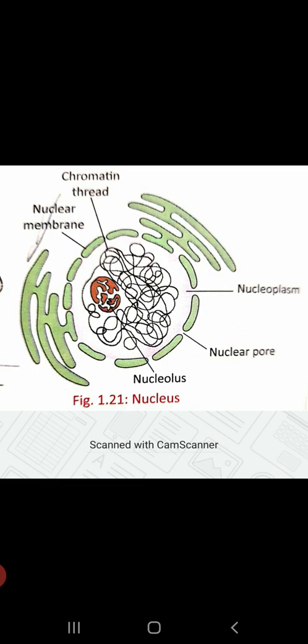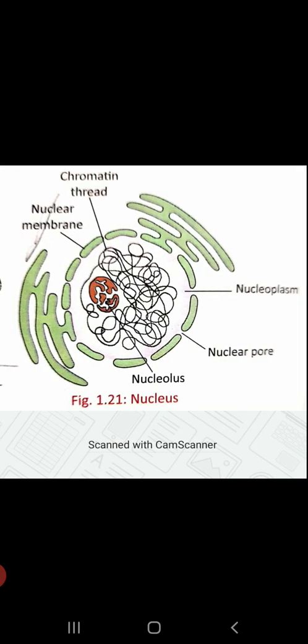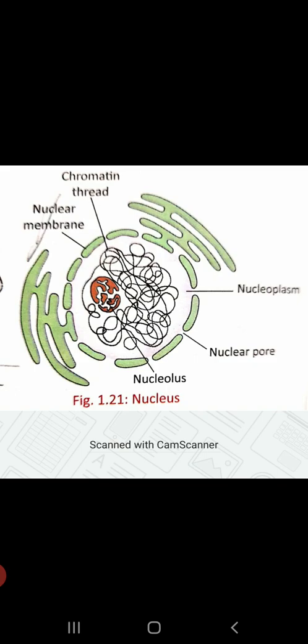So nucleus is involved in this. When we talk about the functions of the nucleus, it helps in the inheritance of the characters from parents to the children, and it also acts as the control center for all the activities that are taking place within the cell. So nucleus is also called the brain of the cell. It is also called the control center of the cell, children.